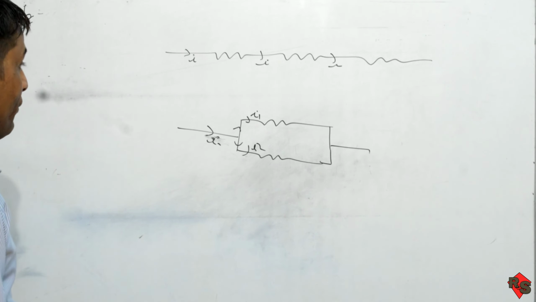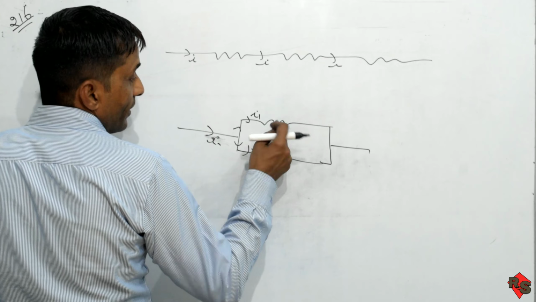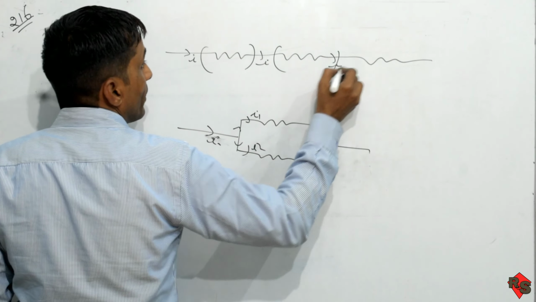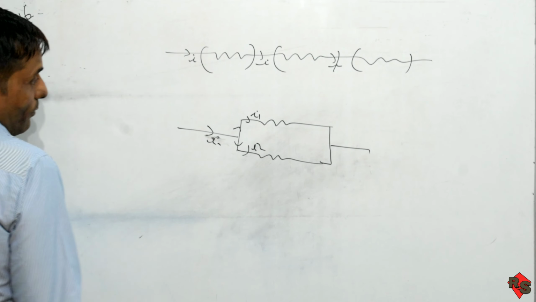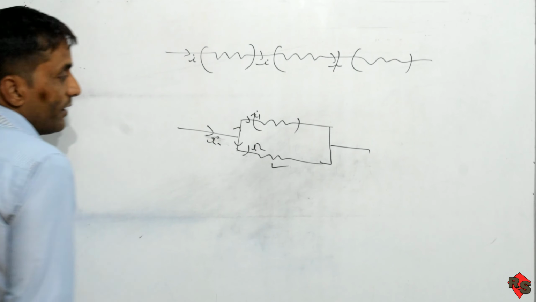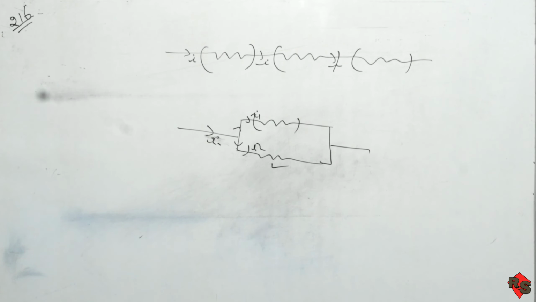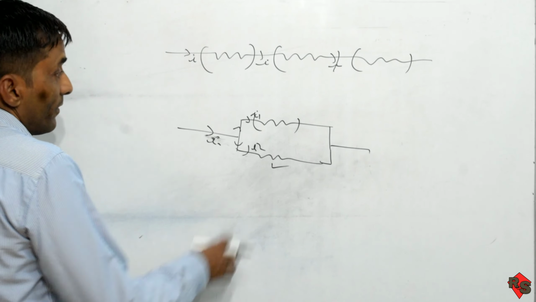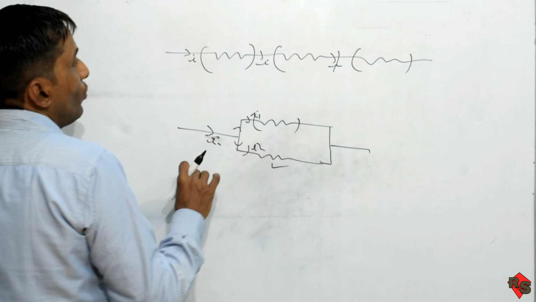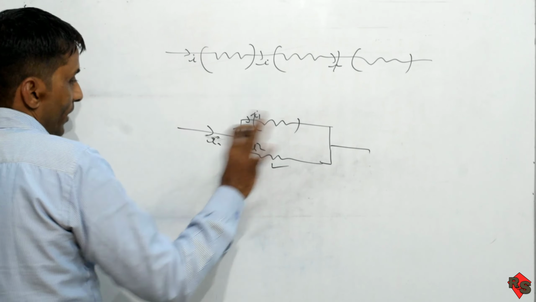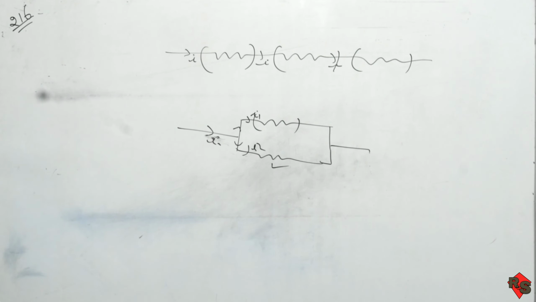And second, if we need only this circuit, okay, if here the circuit is broken, then all two will not work. But if this circuit is broken, then the current flows through this and that works. So the importance of a parallel circuit is that we can divide current as needed and we can use at a time one equipment, two equipments, all equipments as we need. Okay, so parallel is more useful than series.